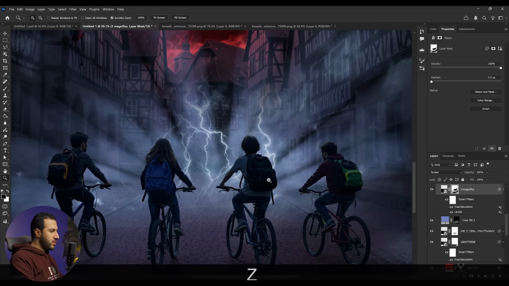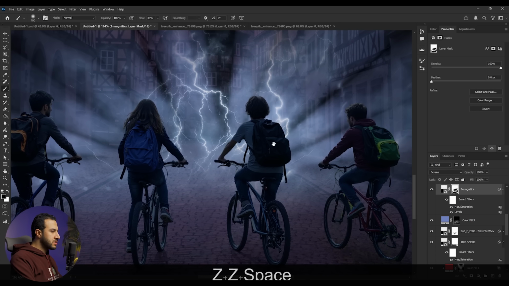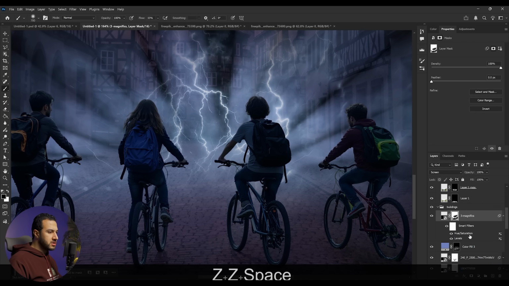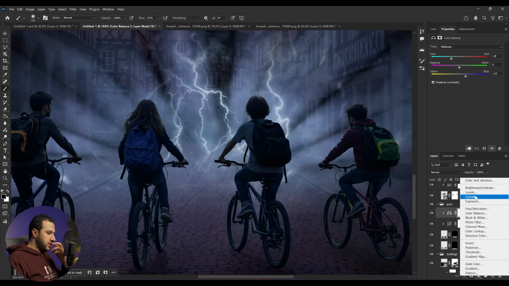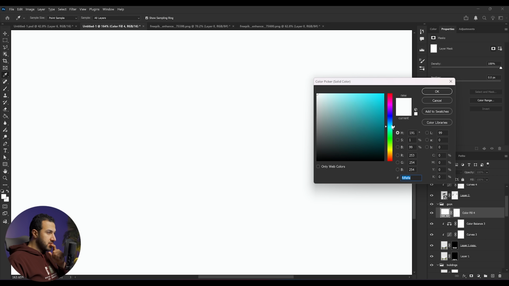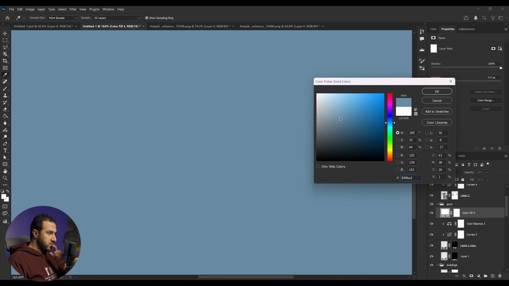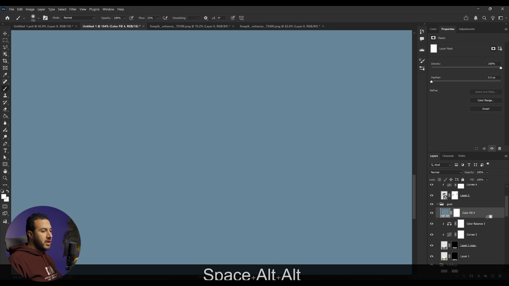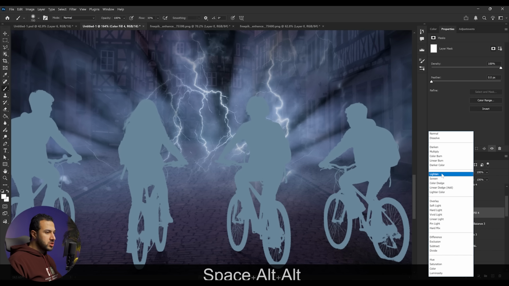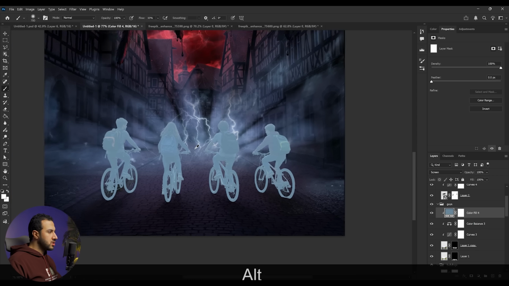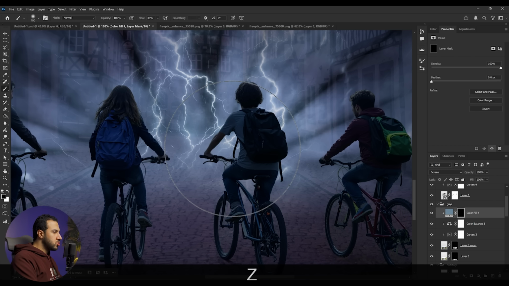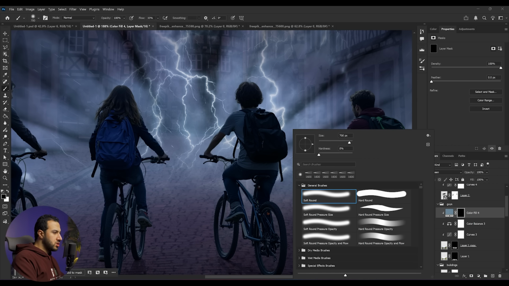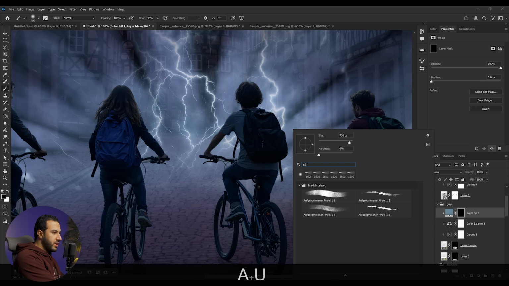Now we can paint some highlights, some rim lights into these guys. So let's do this by creating a solid color adjustment layer and choose this desaturated blue bright color, create a clipping mask, change its blending mode into screen, and I guess this is nice. Press Ctrl I, and here I'm going to use a brush I like to use always in painting rim lights